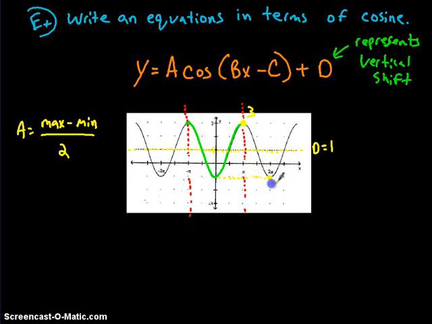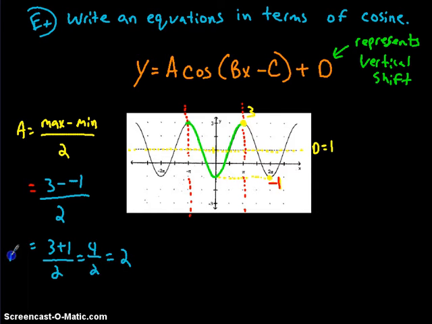So I will wind up having 3 subtract -1 divided by 2. Well, we know that means 3 plus 1 divided by 2, which is 4 over 2, which is 2. So A is 2